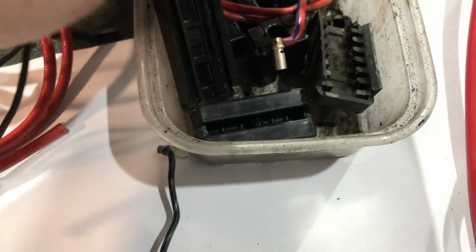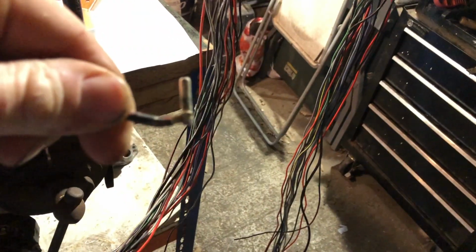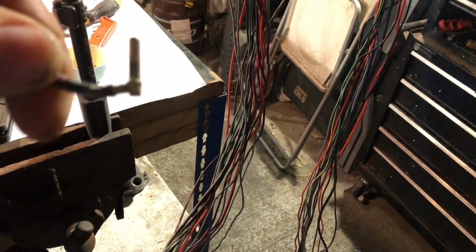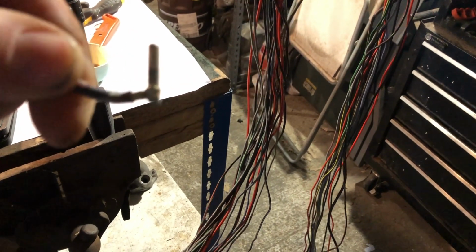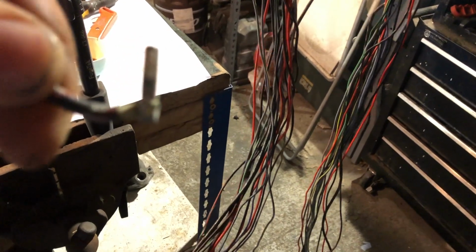So I've got bigger prongs from here, and these fellas here I can, well, those are sockets. It's these ones here. So these ones here are the bigger male parts that will fit the new connector. So I can solder those in. Hopefully get all the pins right, and we'll have a working brand new